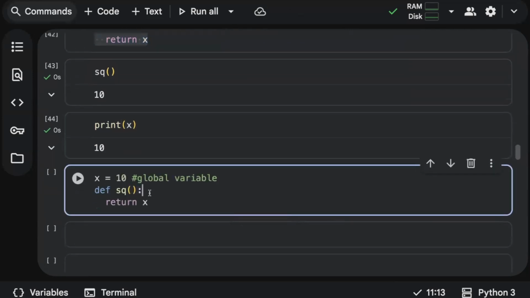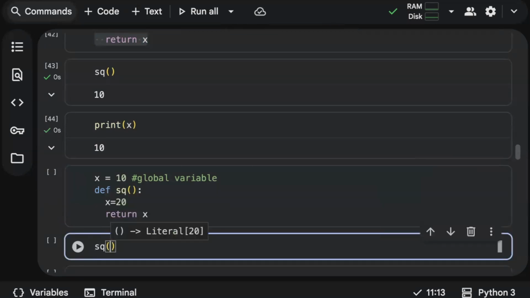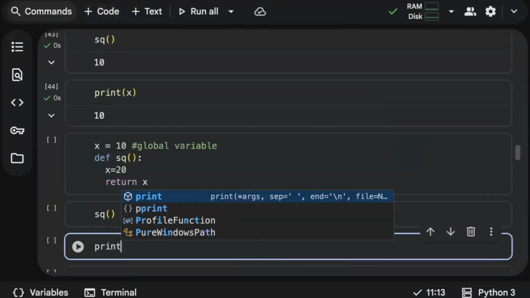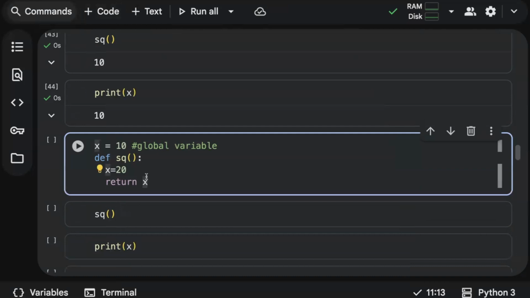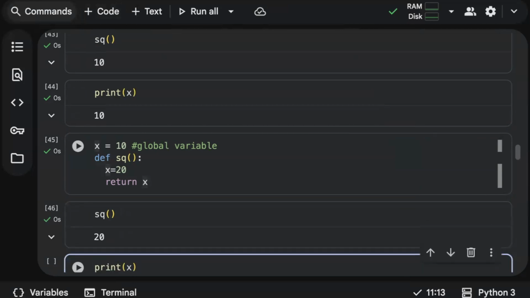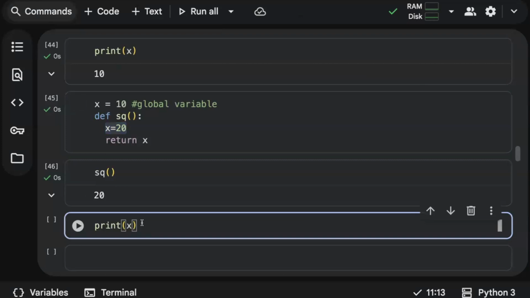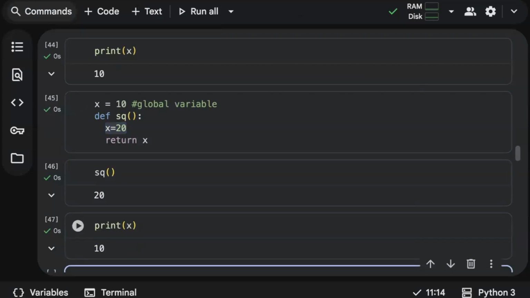What if you have a variable outside as well as inside a function? So now, can you guess what I'll get if I call my function and what I'll get if I call print x? When there are both a global variable and a local variable, obviously the local variable will override, and the local variable value will be returned within the function, because x equals 20 is a value within the function. It will not take the global when you have both. Local will have more importance inside a function. So it is returning 20. But when I call it outside using print x, it is giving me the global variable.